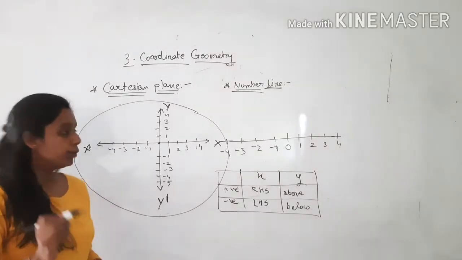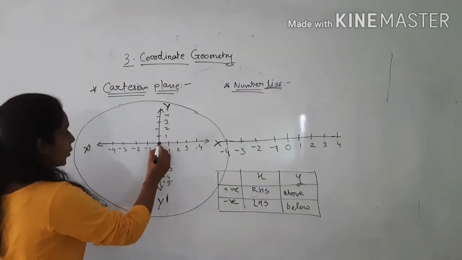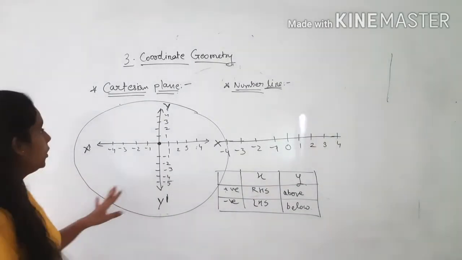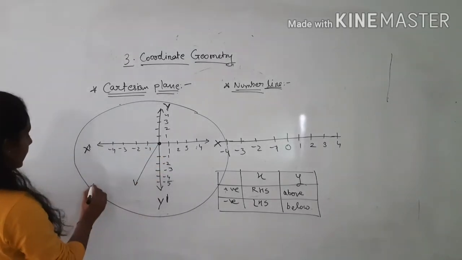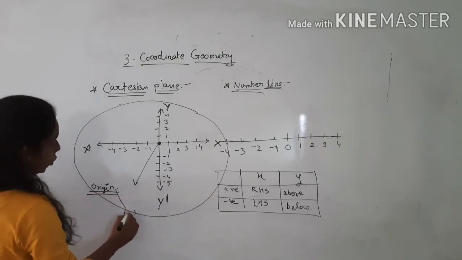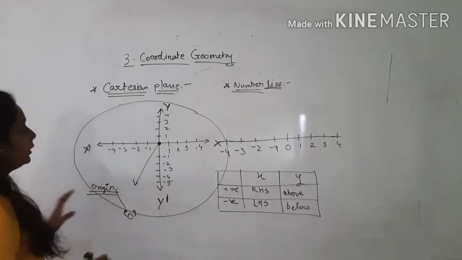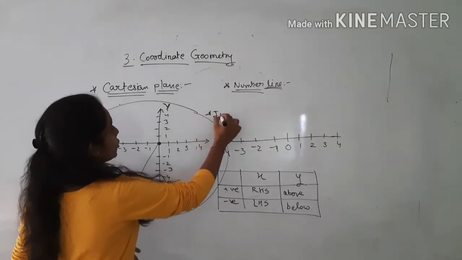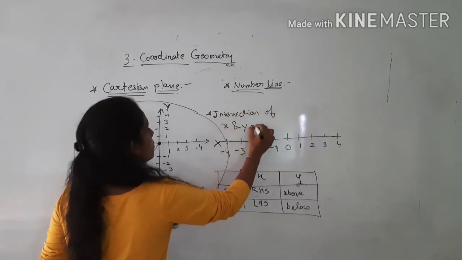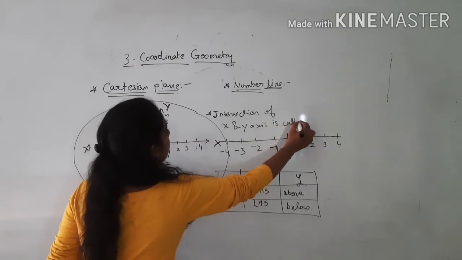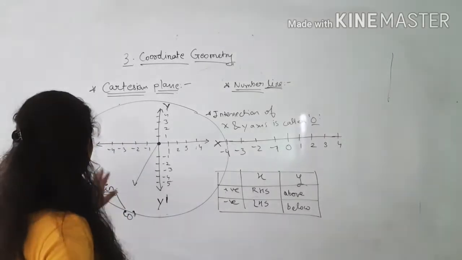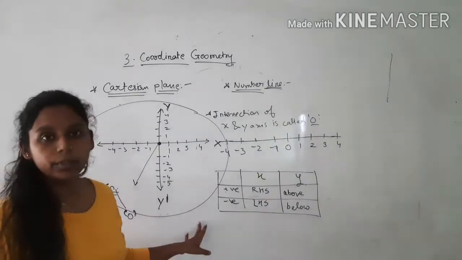I would like to tell you one more topic which is given in this: what is this point called? Everyone would be knowing it. What is the point of intersection of x and y axis called? So I will tell you, the intersection of x and y axis is called the origin, which is denoted by letter O. So you have to remember, you have to make it a point that the intersection of x and y axis is called origin. Okay students, you have to write it down. If you make it a note, it will be remembered very well.